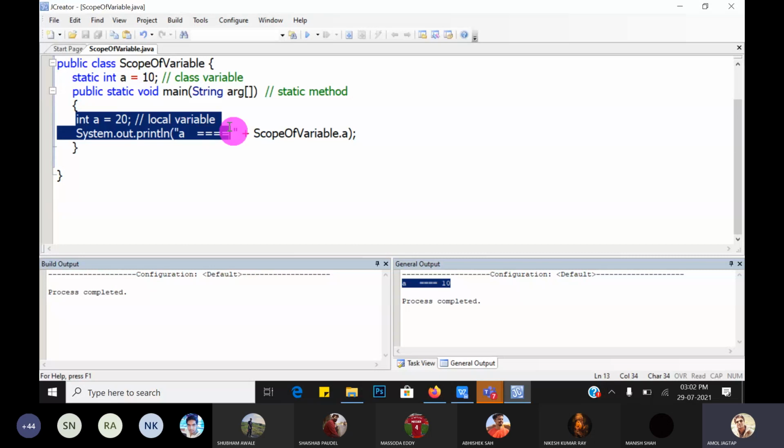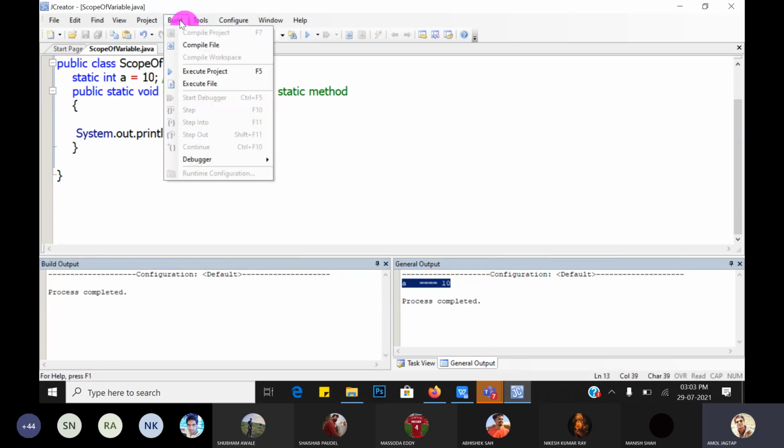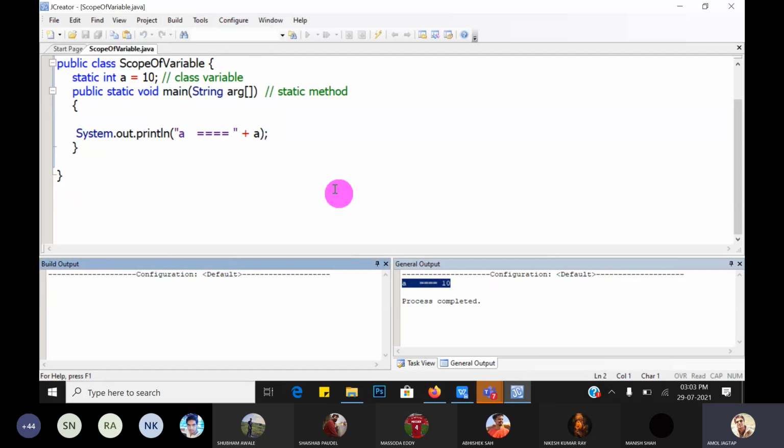But if there is no local variable of the same name, then if you write just a, it accesses the static variable or class variable. Let's check. Yes, a is equal to 10. Guys, hope you understand.